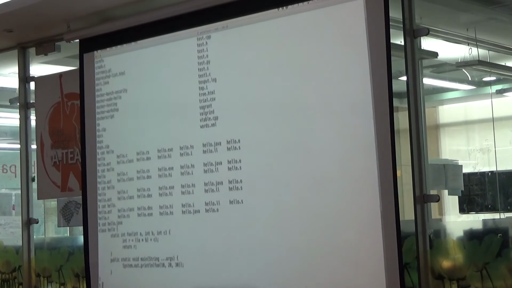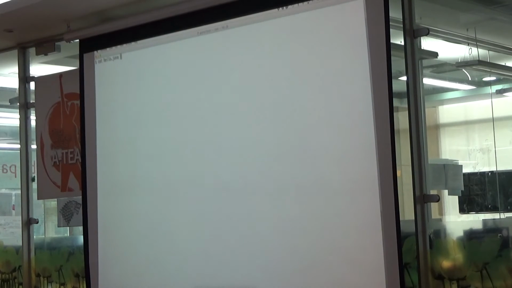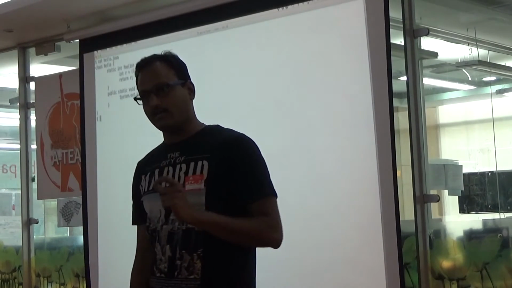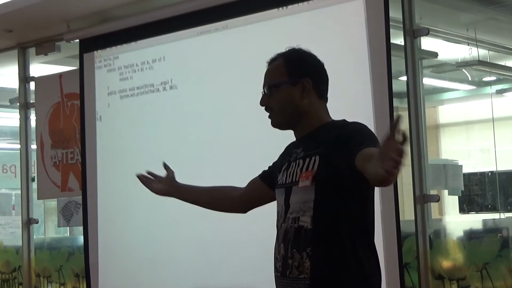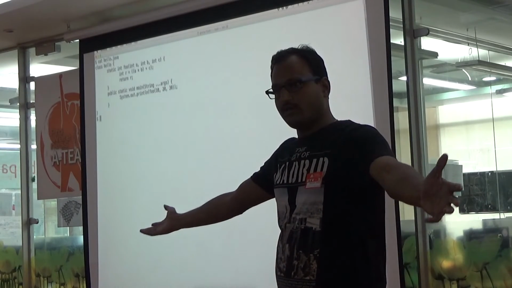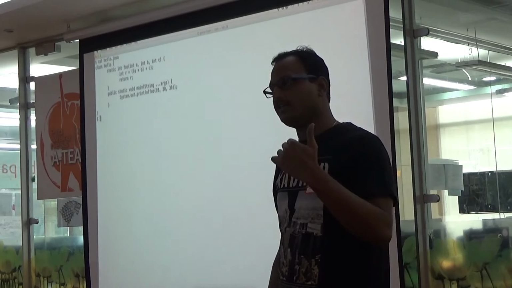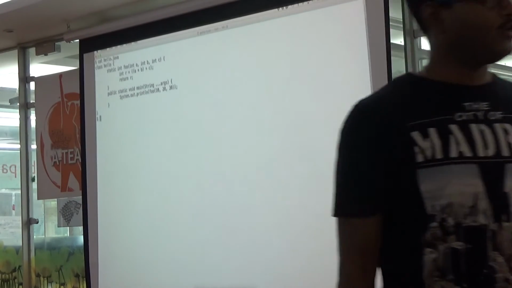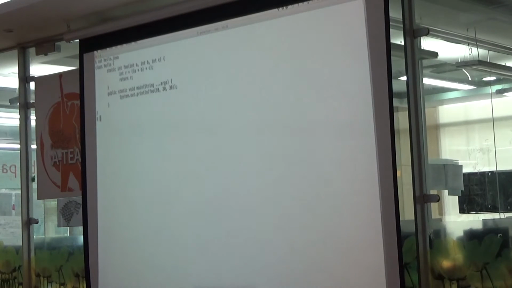I have the same example written in Java, and I'm going to generate the code for the Android platform. The Android platform is register based. It uses something called the Dalvik virtual machine. Most of us have Android phones, right? So when the code is generated, it is generated in the register format. You have virtual registers called V0 to V65,000 and so on. This is a simple example.